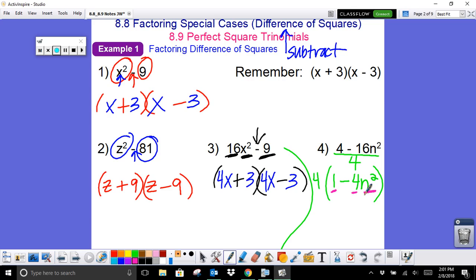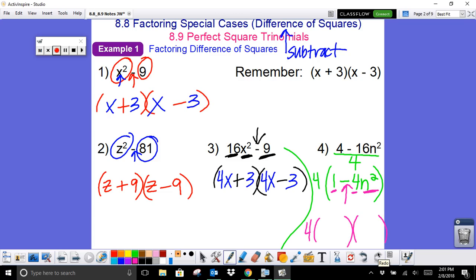Yes. Is n squared a perfect square? Yes. And the minus tells me it's a difference. So this is considered to be a difference of squares. Now that 4 that we took out, remember we talked about this the other day, that is just going to be part of our answer. So if you want to just go ahead and write that as part of your answer,